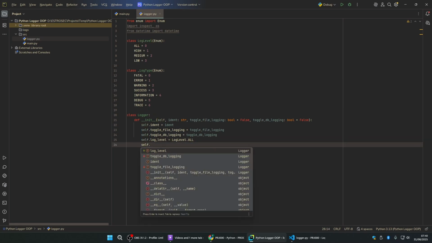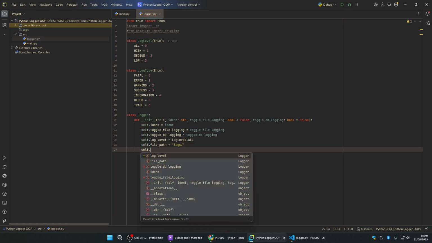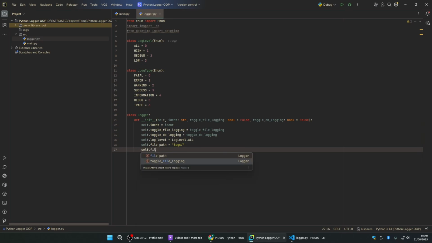Self dot file_path is equal to logs, like this. Why is that doing that? I don't understand. There we go. Self dot file_logging_timestamp. Now this is important. This is what's used to determine the runtime instance of this thing. So this is what the actual file logging name will be. File logging timestamp is going to be equal to